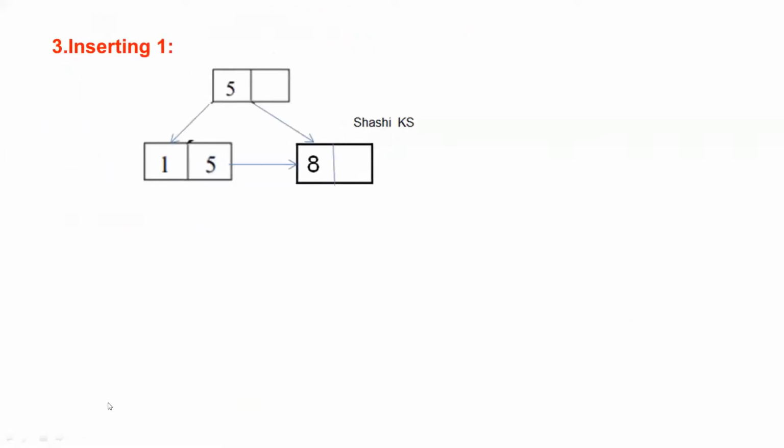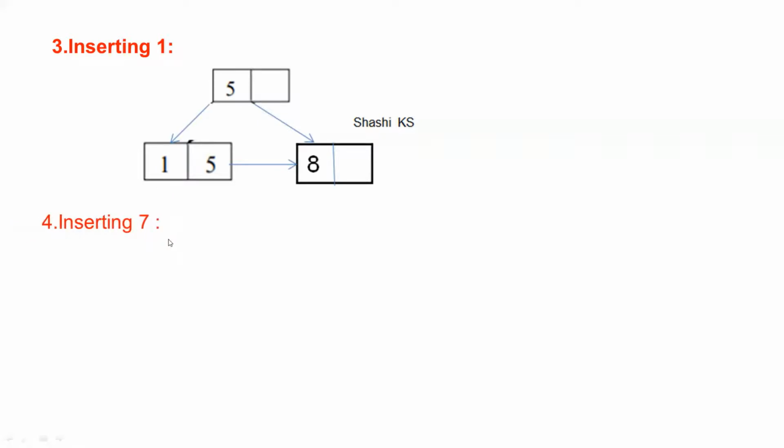So as I told you, when you try to insert 1, 1 and 5 is kept in the existing node and 8 is moved to a new node, and the second entry is moved to the parent node, is replicated in the parent node, and you also have links pointing to the newly created nodes. This is your leaf node link, which is used to connect all the leaf nodes of your B plus tree. So next we move on to the next insertion.